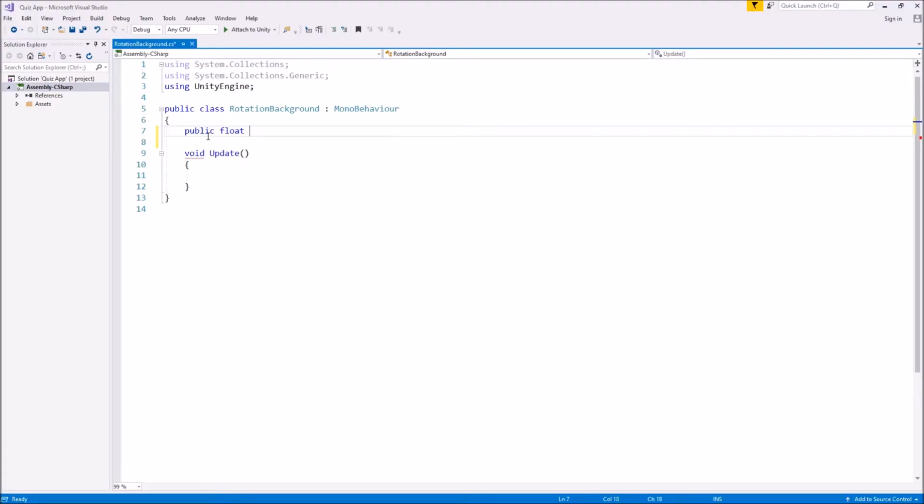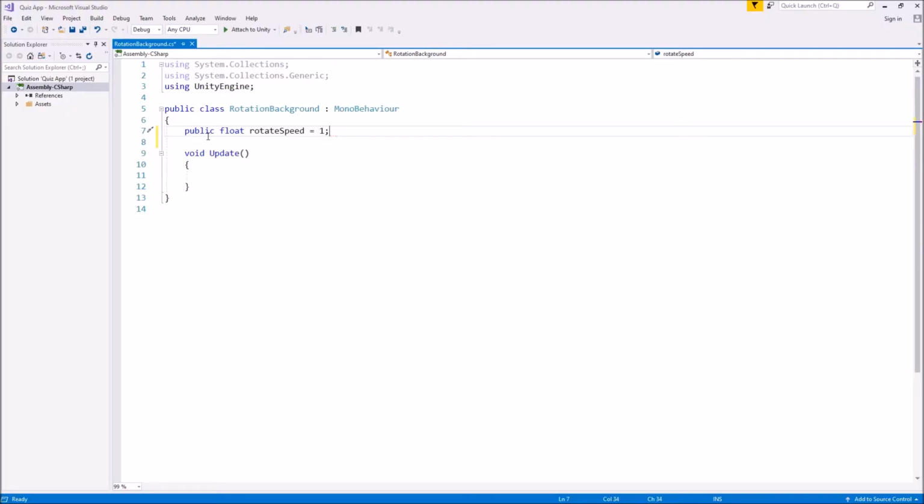And then we can call this anything we want, as long as it's not something silly related to the script. So for example, we couldn't call this rotation background. It'd be a bit daft. Just be sensible when naming things, as long as they're not the same as a method or a class or anything like that. So we're going to call this rotate speed, and we're going to make it equal to 1